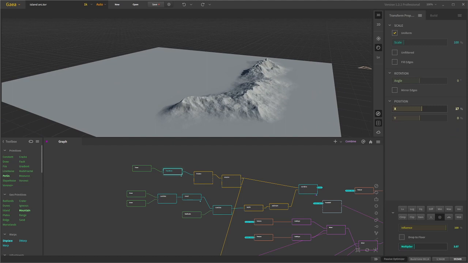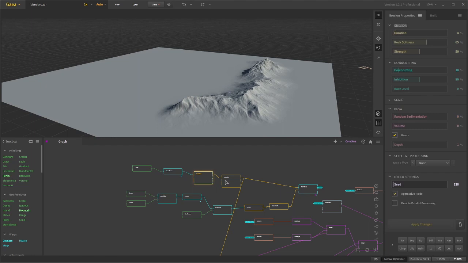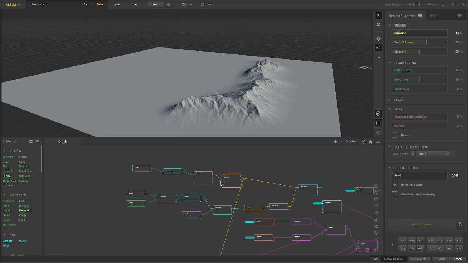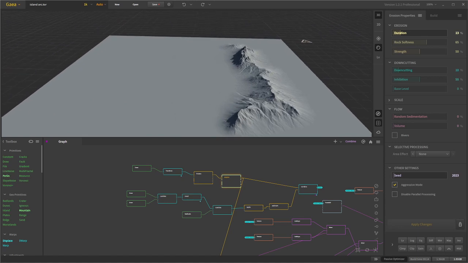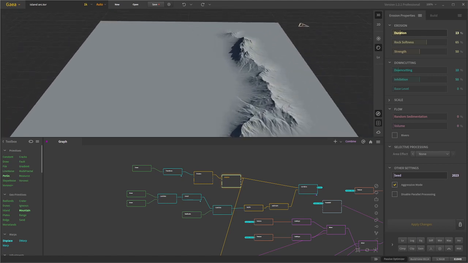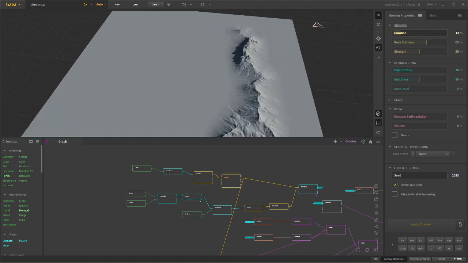The island arc, of course, would be above the ocean surface, so it'll erode, and placing two Erode nodes after each other gives a pretty nice effect, I thought. So this is the result I was aiming for, this sort of fractal-like mountain chain. Now we're in 1K up here, as you see, and most details are lost, but they will be there when we export the terrain. So with this, I thought no real need to work more on that,